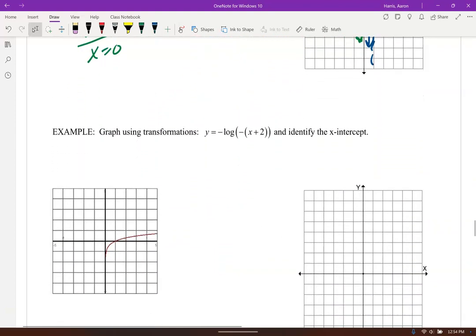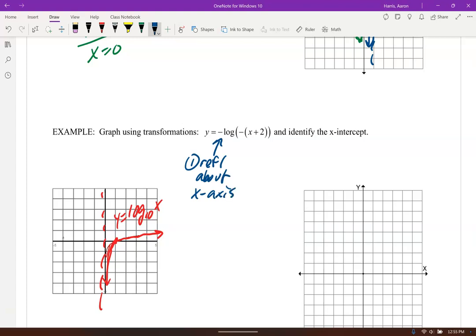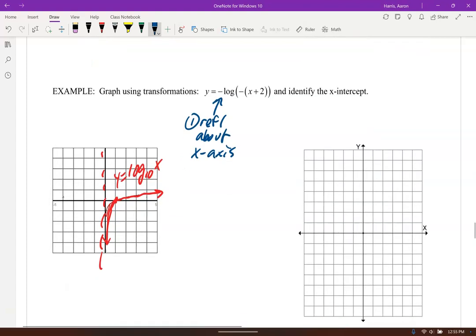How about this one? This is nicely showing our transformations. Notice there's no base shown, so this is log base 10 of x that's shown, goes through 1, 0, and it goes down, right? As that vertical asymptote x equals 0. So let's do number 1. We're going to reflect it about the x-axis, put the negative in front. So now it'll look like this,